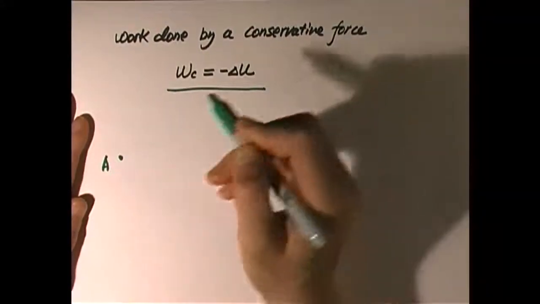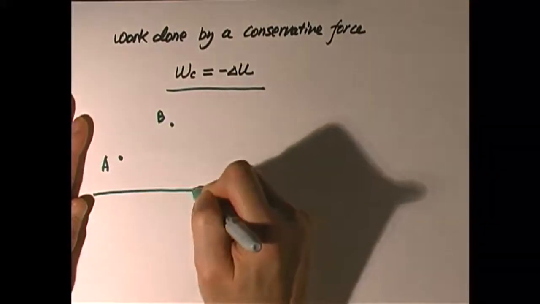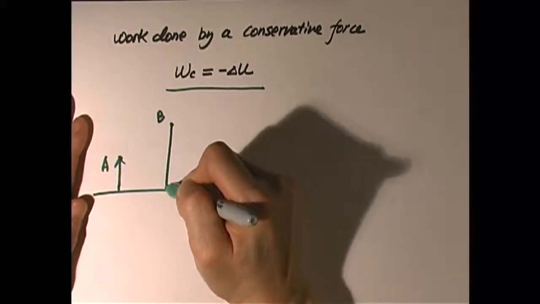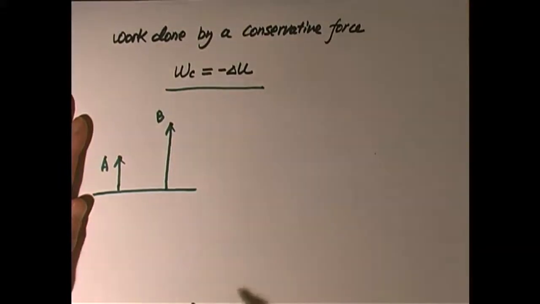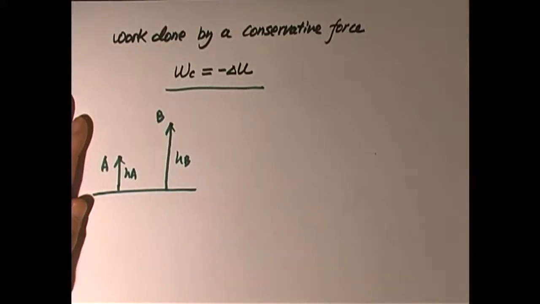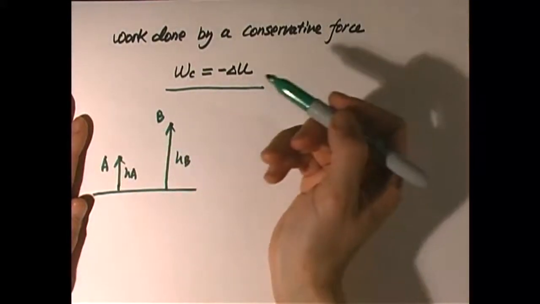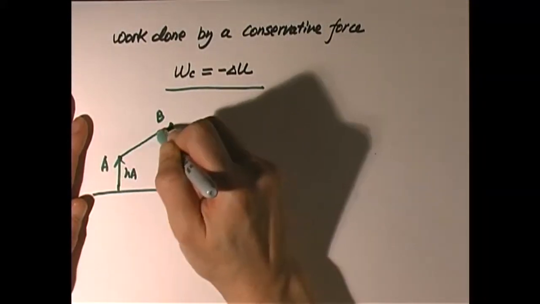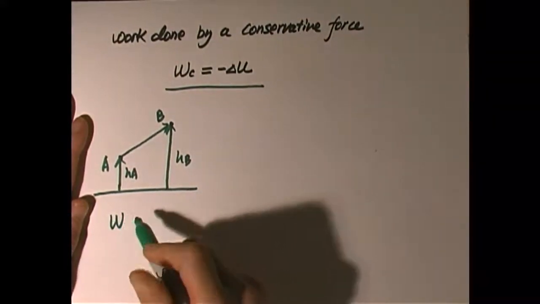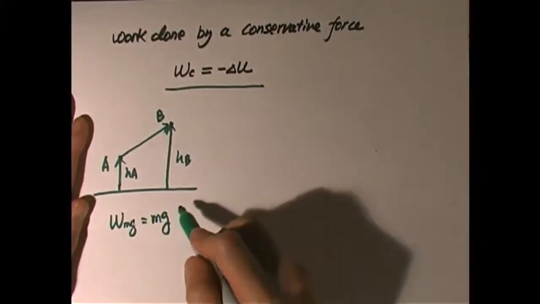If we start from A and go to B, A is how far above the ground? B is also how far above the ground, which is HB. This is HA. Okay. Now, we can let our object directly go from A to B. So the work done by gravity, which is mg, equals mg of